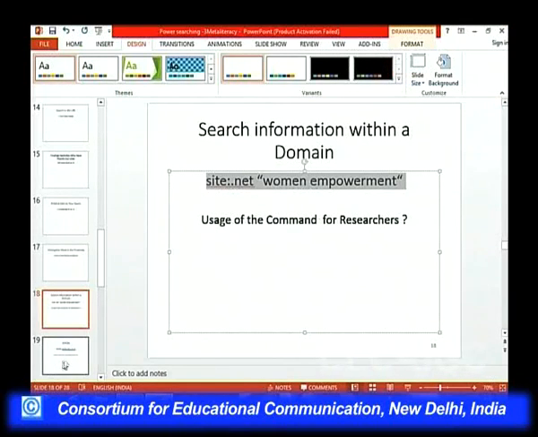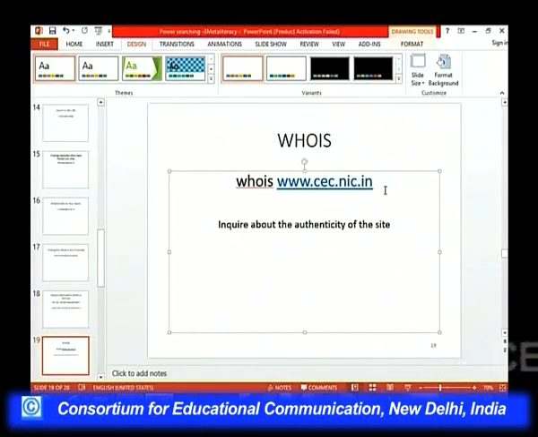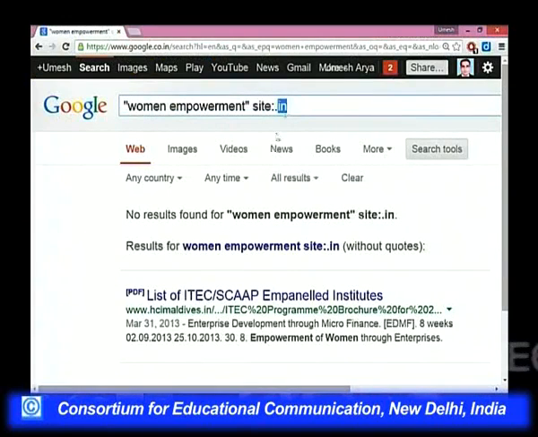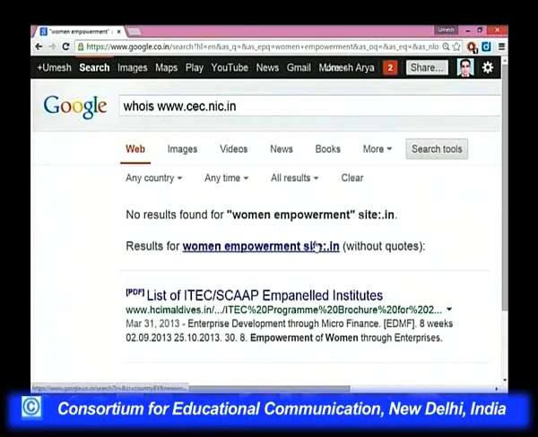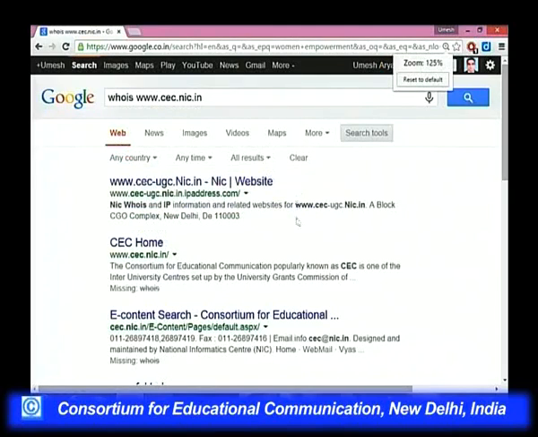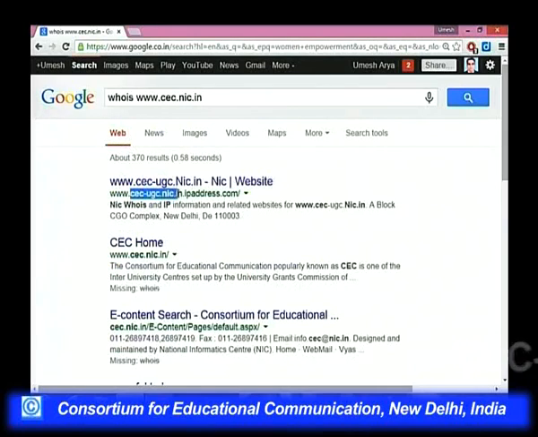So, if we move further, then this is a very good command, that is who is www.cec.nic. If you paste it in Google, now see what happens. Okay. Now, it is telling me that there are around 370 results, right. So, as you can see that 370 results, they are within this NIC. Now, who is?